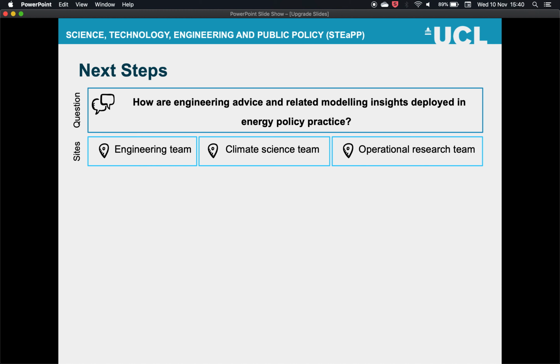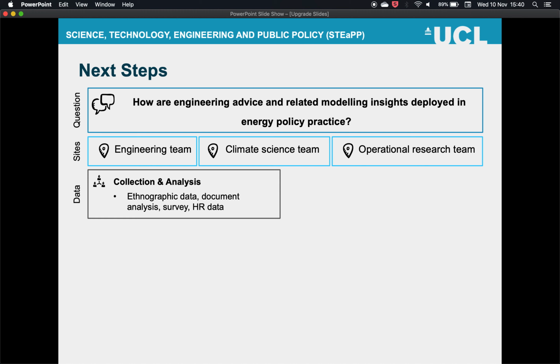modeling. The second, or I should say the third field site, will be the operational research team at BEIS, which deals with large-scale national energy models and especially pricing and economic concerns within that. Those large-scale models have a big economic component. That will be towards term 3 and possibly the beginning of next academic year. The climate science team will be the next team that I will focus on towards the end of this term